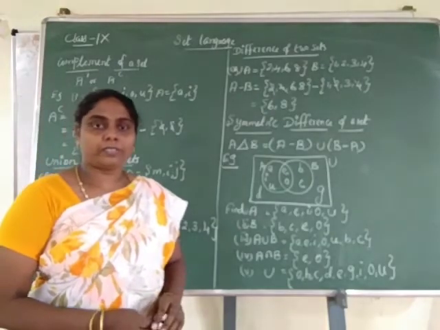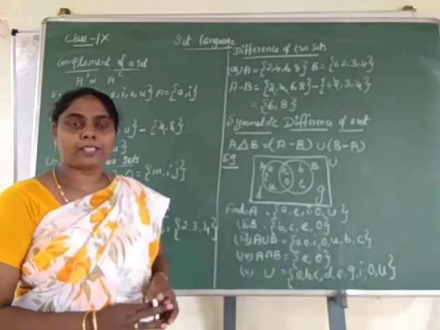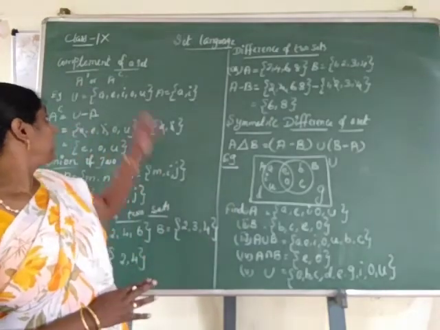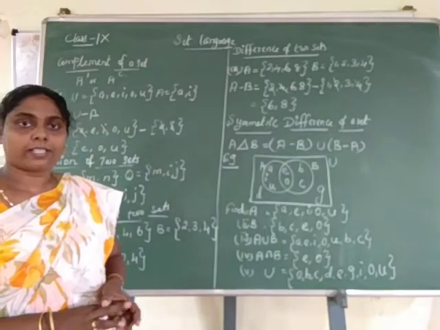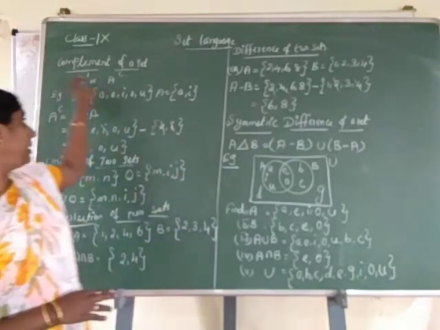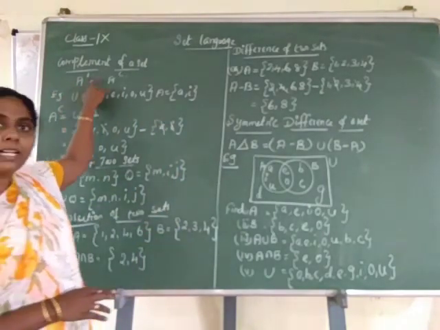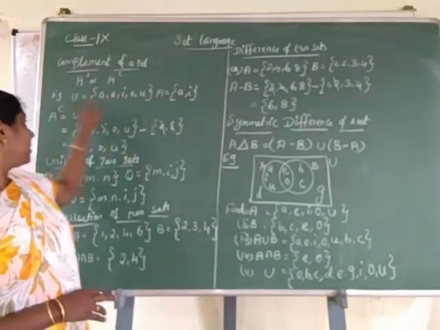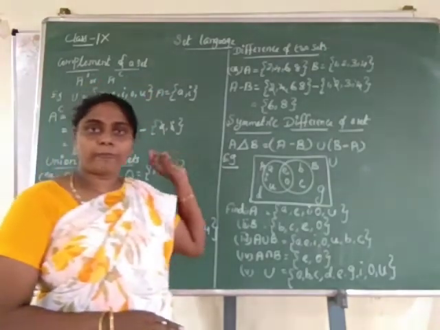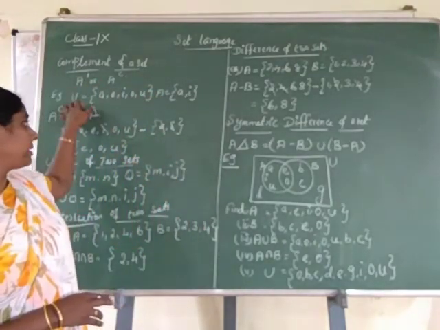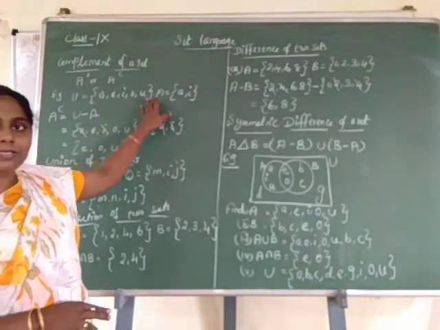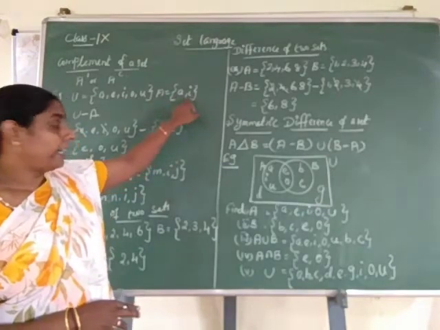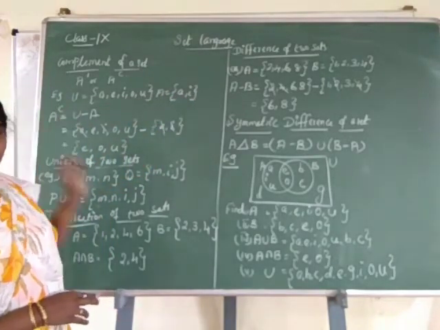See, in the previous video we learned what are the types present in the set. Now we are going to learn about the complement of sets, how to find the union of sets, how to find the intersection and all. So complement of the set we denote as A dash or A complement. For this we are going to go through one example: universal set is given as U is equal to A, E, I, O, U and the set A is taken as a and i. So A complement we are going to find.